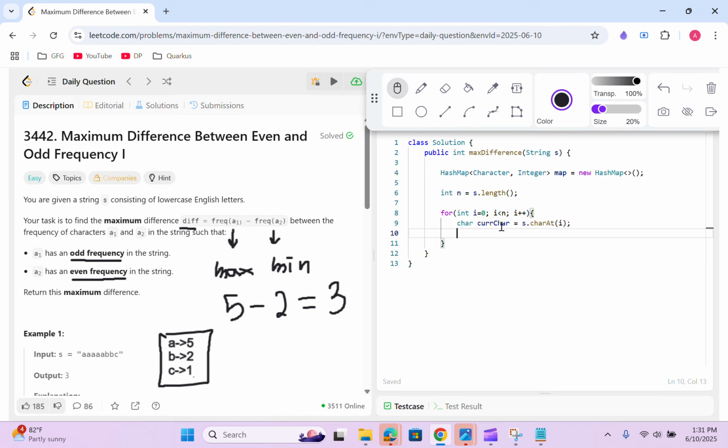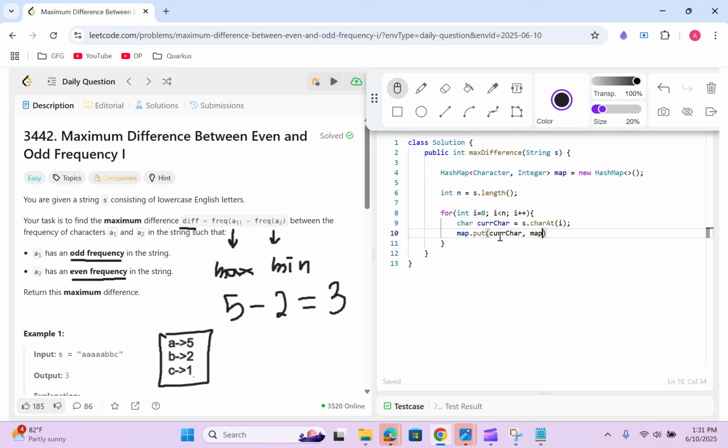If that character is already present in the map, I will increase the frequency. Otherwise, I will just put that character in the map with frequency 1. So, map dot put, I want to put that current character with